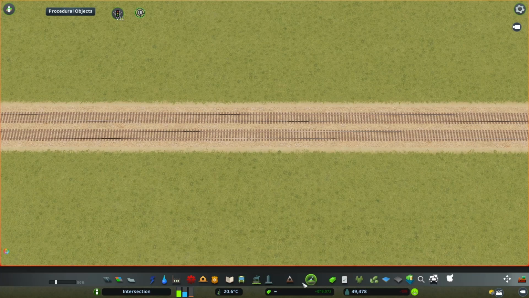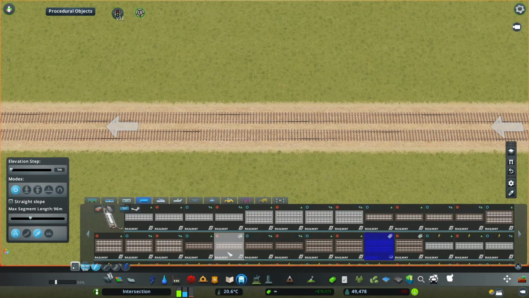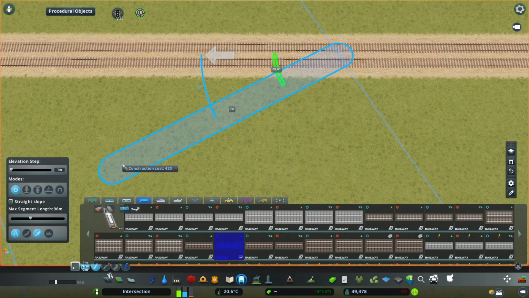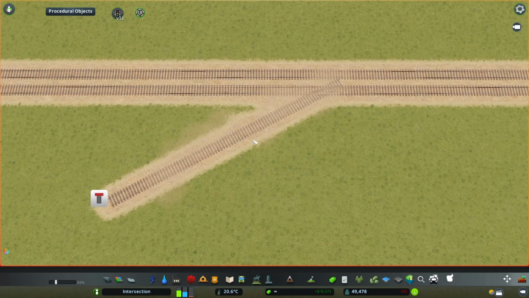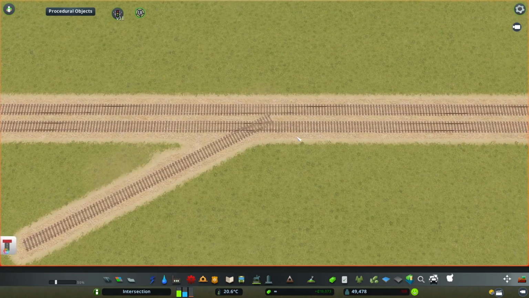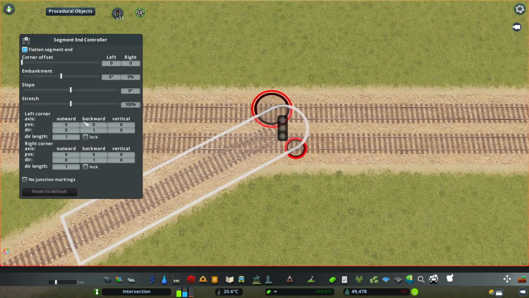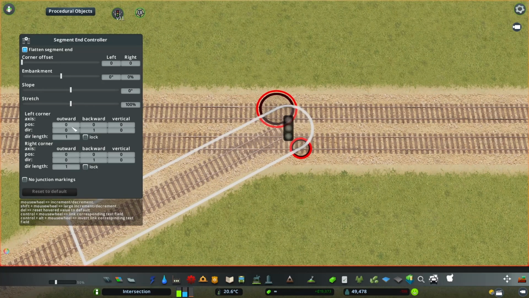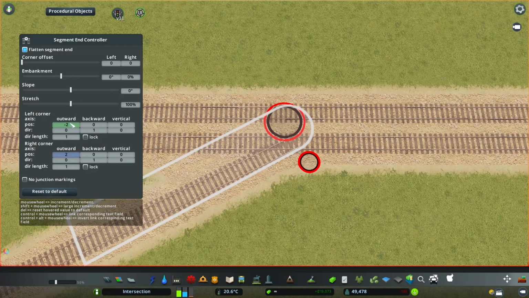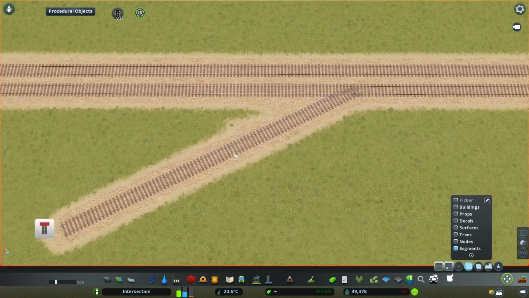And just like before with splitting the tracks, you can also, especially in some kind of train yards, do these kinds of single splits from these tracks. So if you build a track like this, for example, and you want it to just go somewhere else, only from one side of this double track, then again, that's exactly the same thing. You're just going to hold Control Alt and do the outwards by 2 like that, and move it